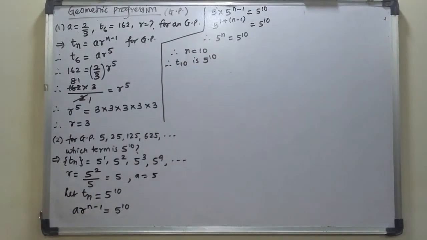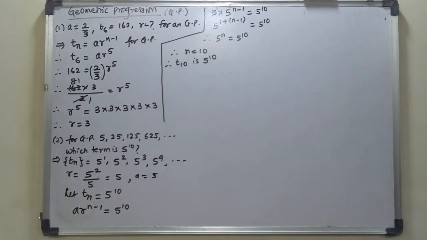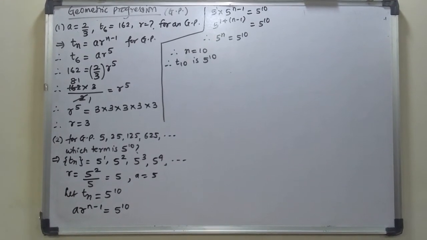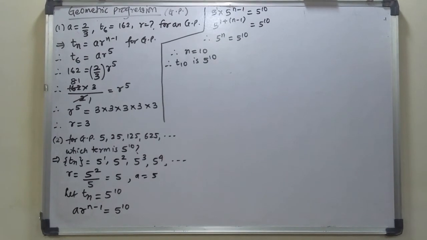So therefore the 10th term is 5 raised to 10. Okay? Wasn't it very simple? Actually by just writing it out you will also come to know. Questions like these are not usually asked. But even so, if such simple questions are asked, then there is no need to solve. You can directly write it by estimation if it is an objective or choose-the-correct-answer type.